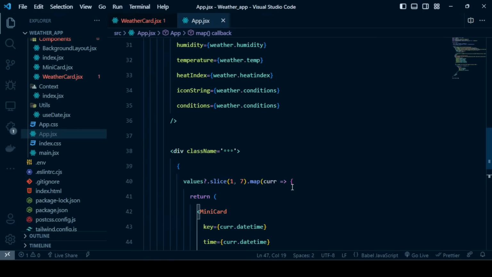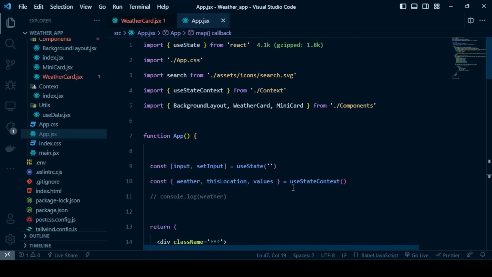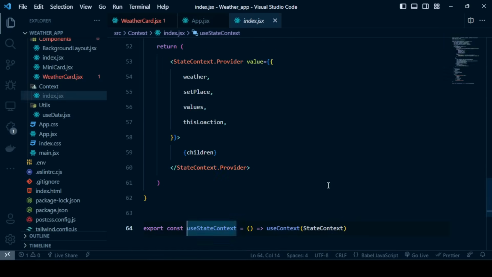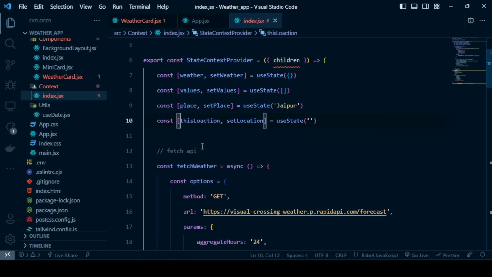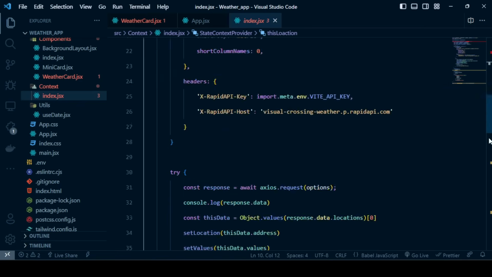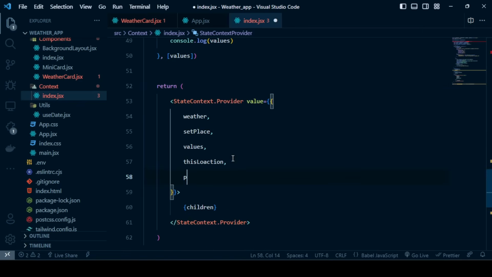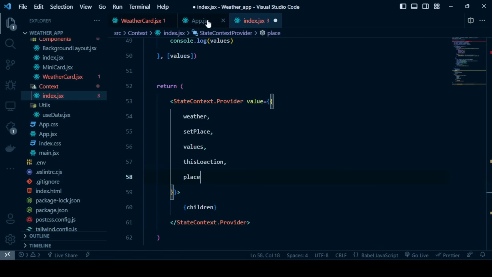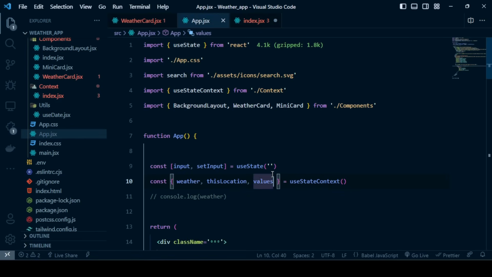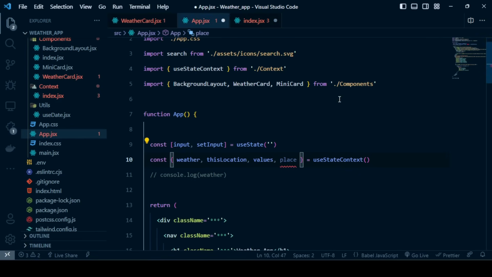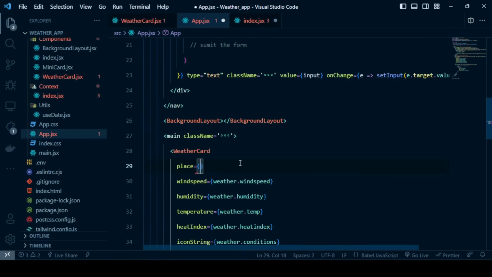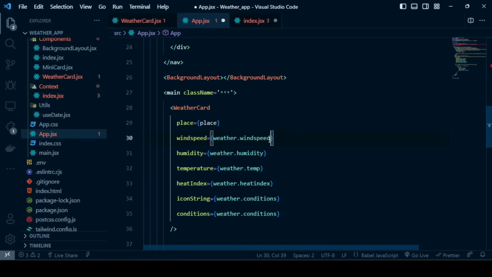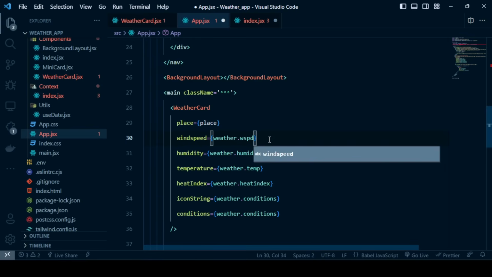And for another thing, we are getting this location from our context. But when we check this location, it is empty and it is of no use for anything. So for that, we will also export the place. So we have exported the place, and just import it here. And instead of this location, we will just type place. Okay. And for the wind speed, it was not windspeed here. Instead, we are getting WSPT from our API. And